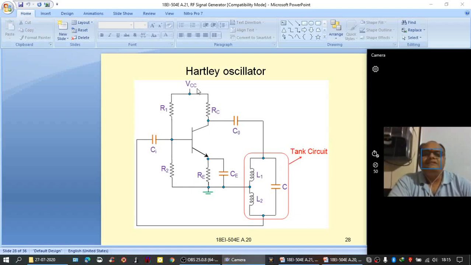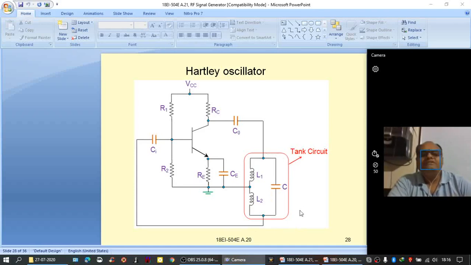Due to the switching transients, as I told already, switching transients are a combination of an infinite number of high frequencies. So out of those infinite number of high frequencies, the tank circuit placed in the circuit would choose the appropriate frequency according to the component values used in it. For example, in this circuit, the tank circuit will select only one particular frequency equal to the resonant frequency, that is 1 by 2 pi root of (L1 plus L2) times C. All other frequencies are eliminated.